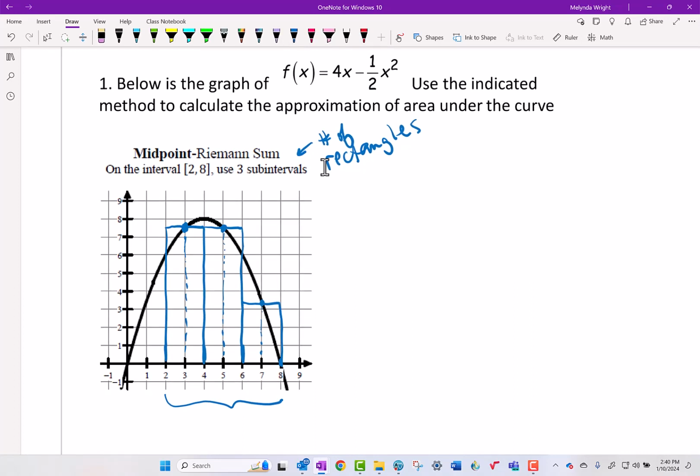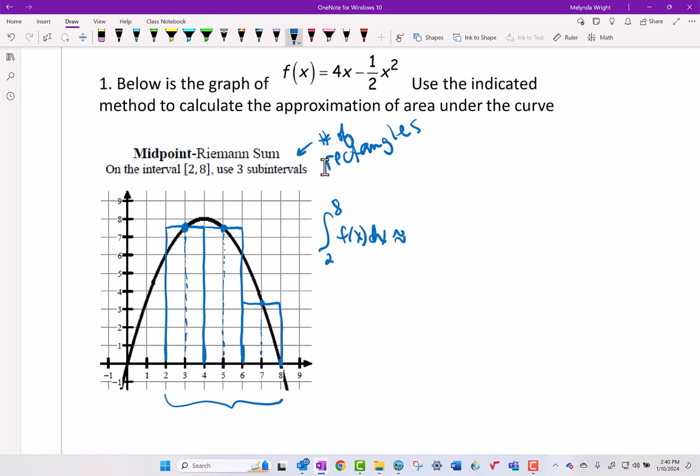So what are we doing? We are calculating. I'm calculating the integral from 2 to 8 of f of x dx is approximately. That's what I'm doing. They really love for you to write integrals. You really need to write this first part. Okay, that's telling them what we're doing. We're calculating that. So the area of the curve is approximately,